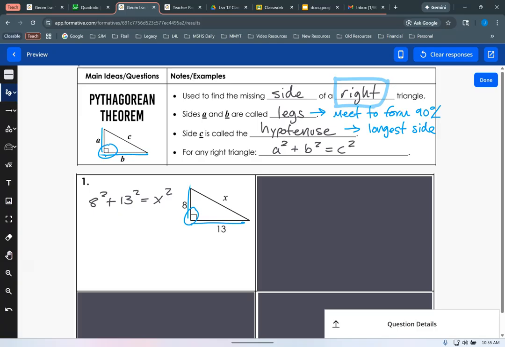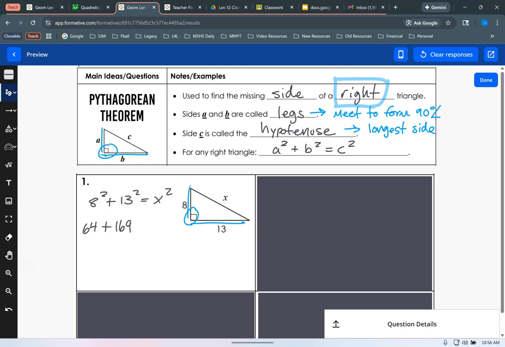Okay. Now, the quicker you can do squaring numbers in your head and not be reliant on a calculator, the easier these problems are going to go for you. However, if you need to write them out on your calculator, feel free to do that. All right. Now, 8 squared is 8 times 8, not 2 times 8. Make sure you get that right. So that's 64. And then 13 squared,